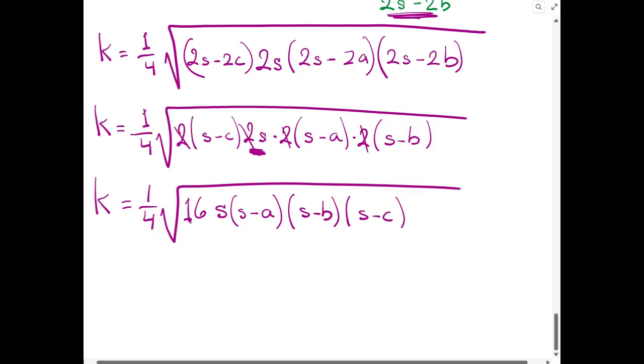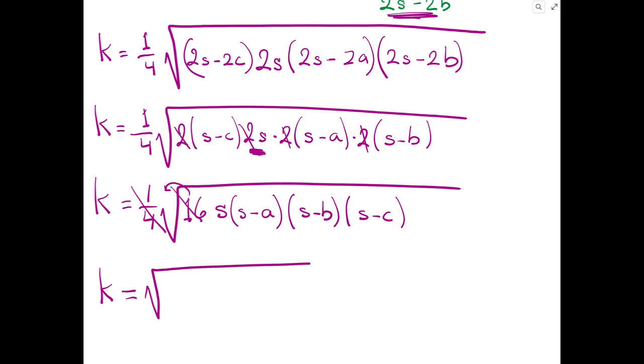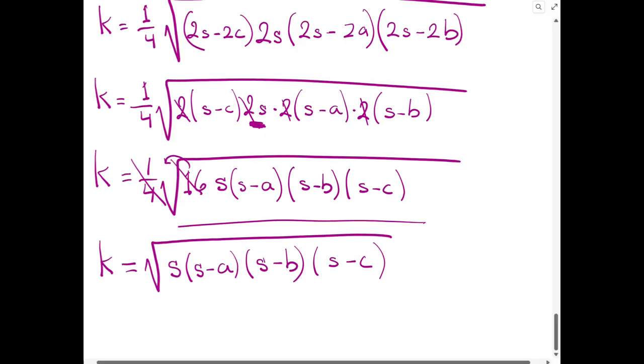The square root of 16 I know to be a 4, so that can come out as a 4, but then 4 over 4 will cancel, right? So that will cancel with that. And therefore the area, when I have 3 sides given to me, is going to be equal to the square root of s times s minus side A times s minus side B times s minus side C, where s is your semi-perimeter. And that, ladies and gentlemen, is the proof